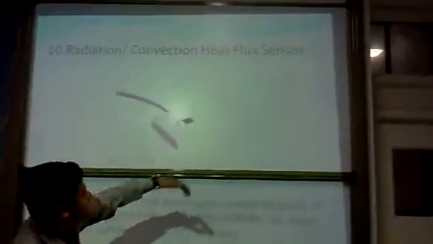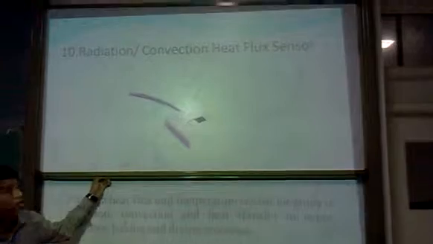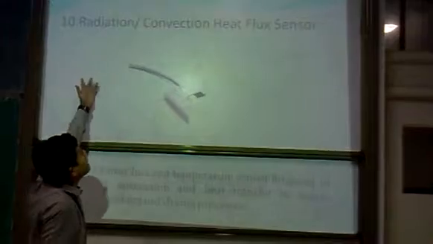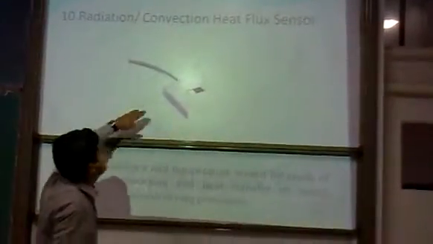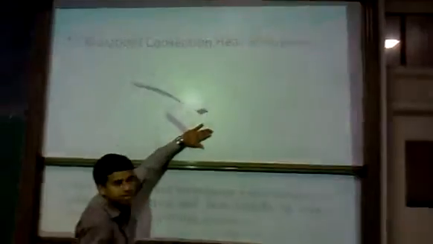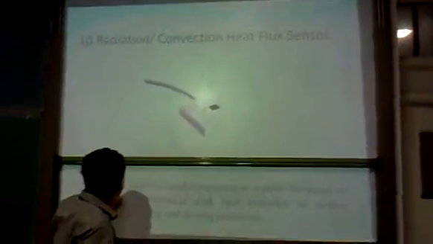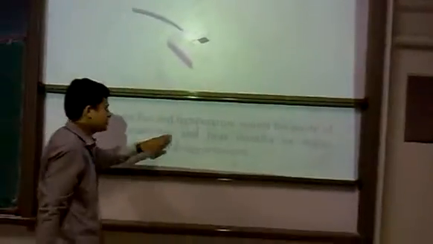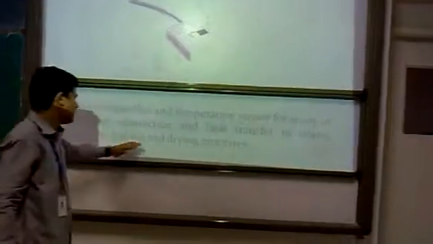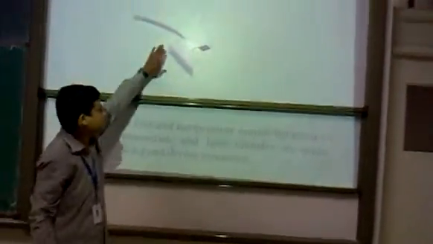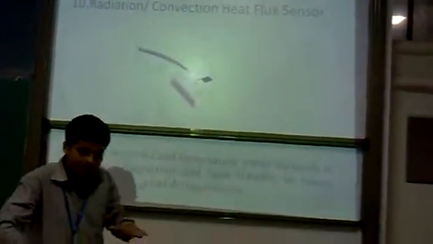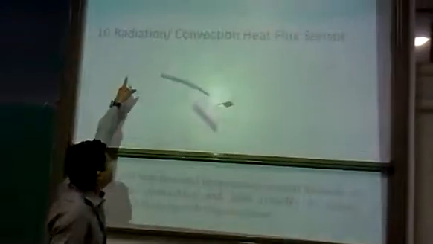And next is the radiation and/or convection heat flux sensor. This is the major type of heat flux sensor because it is useful in both heat transfer modes, radiation as well as convection mode. Here the stainless steel assembly is there. Inside, the plate is mounted. This is a heat flux and temperature sensor for the study of radiation, convection and heat transfer in ovens, furnaces, baking and drying processes. This sensor is placed in ovens or in furnaces to get heat from convecting heat also and radiation equally.